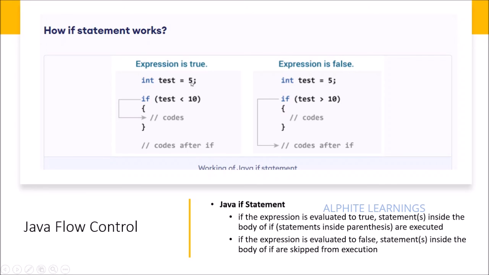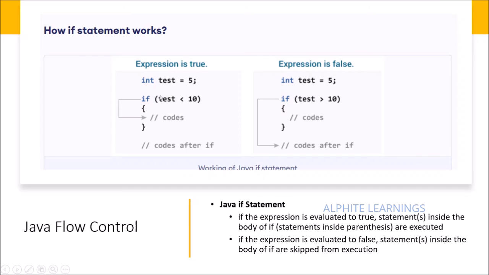I have to perform some operation: if the value is less than 10, I perform some work, and if it is greater than 10, I don't want to run the code. The user is giving the value for this test variable as 5, and then the if statement syntax will be if, open braces,